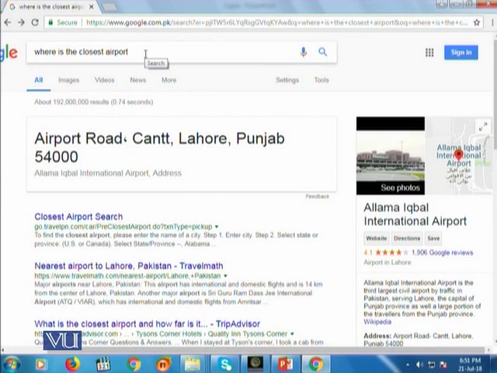So the first tip is that you should use relevant and simple terms, whatever comes into your mind for the thing which you want to search. Another tip is that if you are interested to identify some particular thing but in a particular location, then you should try to add that particular location into your query.